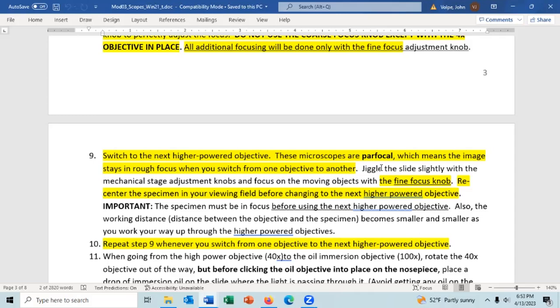And then you should center your specimen to the center of your field of view, and then change to the next higher power objective lens. So when going from the 4x lens to the 10x objective lens, you move the specimen into the center of your field of view. The reason for doing that is if you have